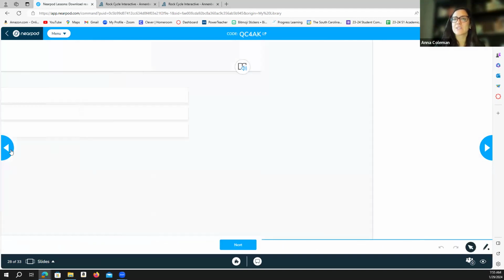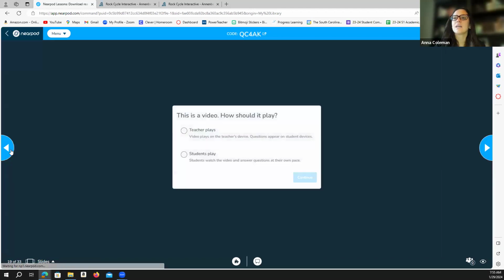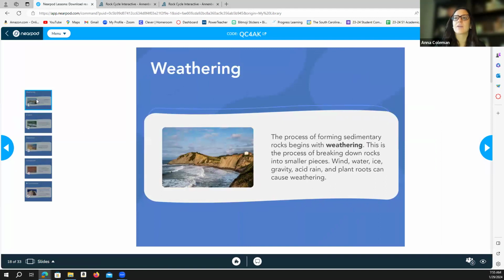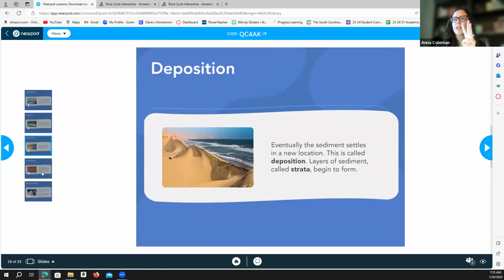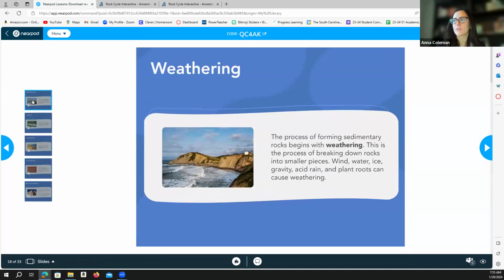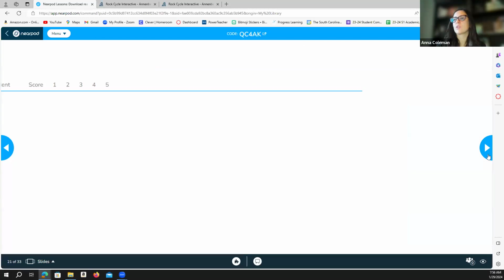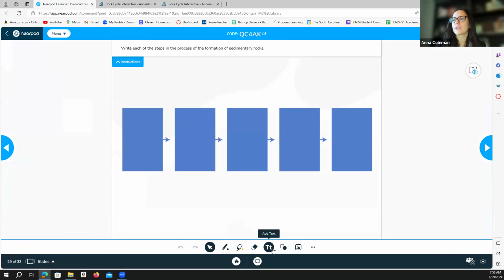Remember, you can find the answers right here, this slide. Weathering is one, erosion, deposition, compaction, sedimentation, right? And then give me a brief explanation. What is weathering? Okay? This is the process of breaking down rocks into small pieces. So you would write weathering, breaking down rocks into smaller pieces. So you literally would write that. I'll do the first one so you know. You literally would write,